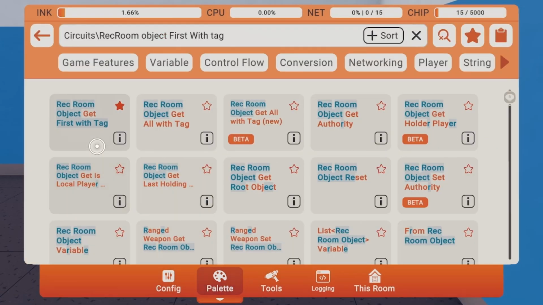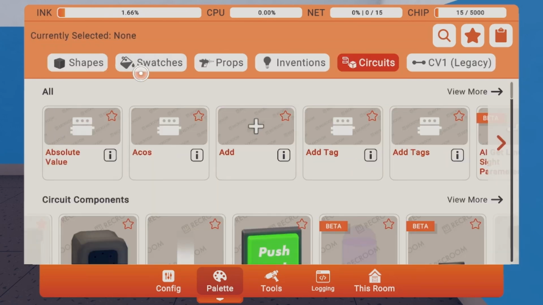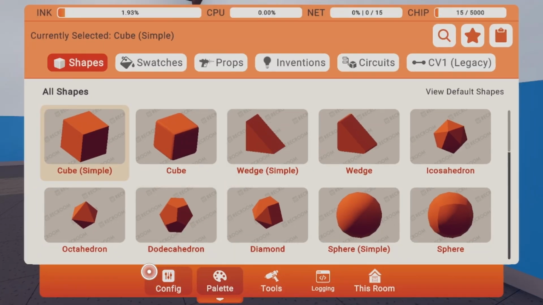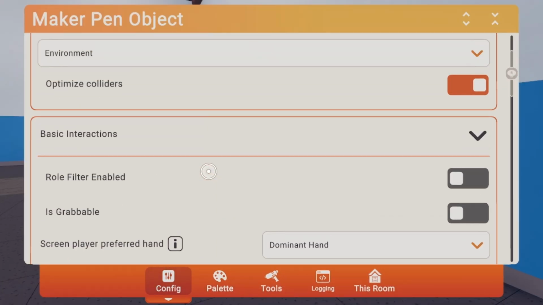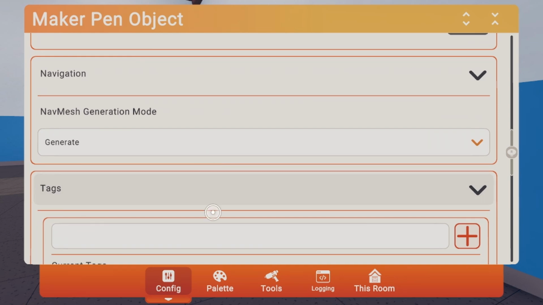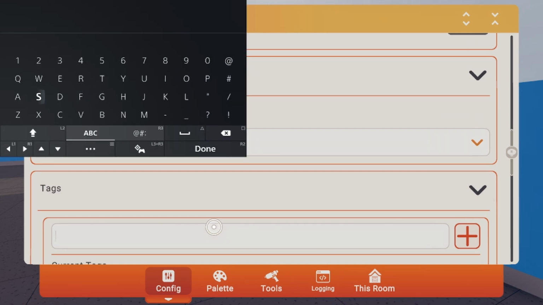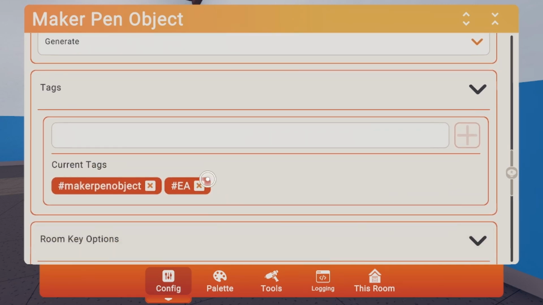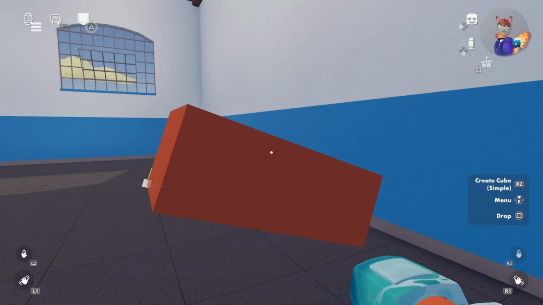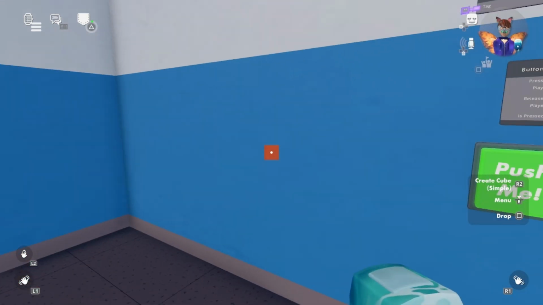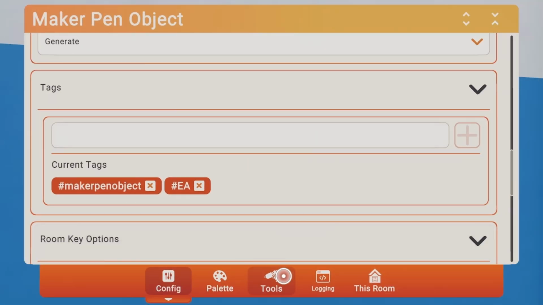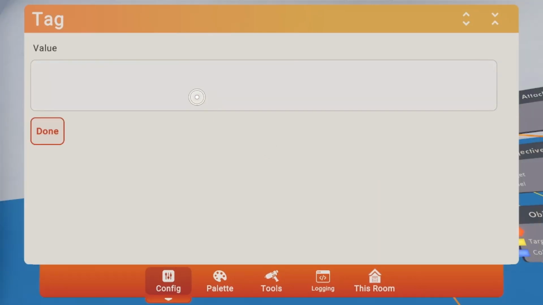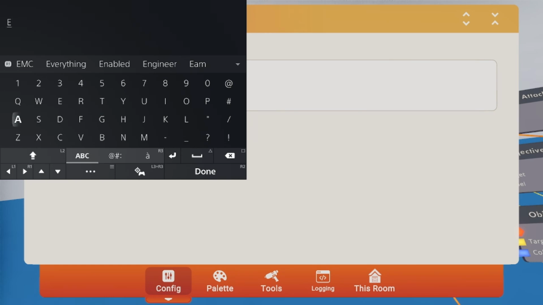So let's say, for example, this cube. Now we just give it the tag. Maybe, I don't know, EA. Don't ask why, and I hope EA isn't trademarked. If it is, all rights go to EA Sports. Anyway, then we type in the tag EA,